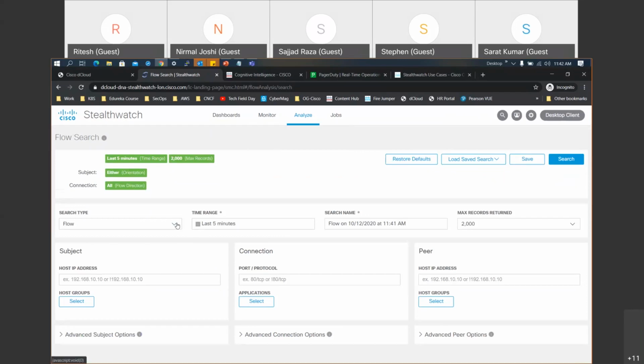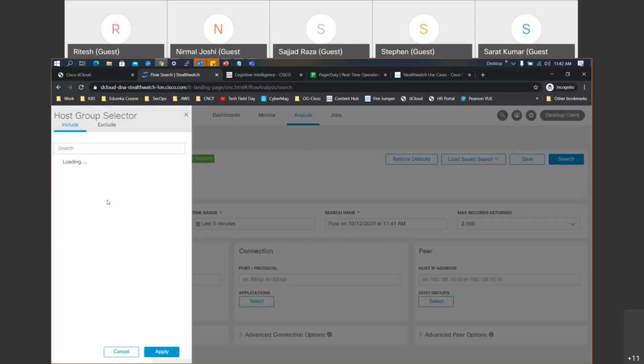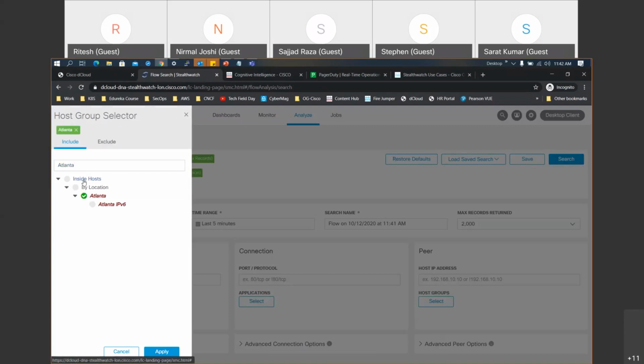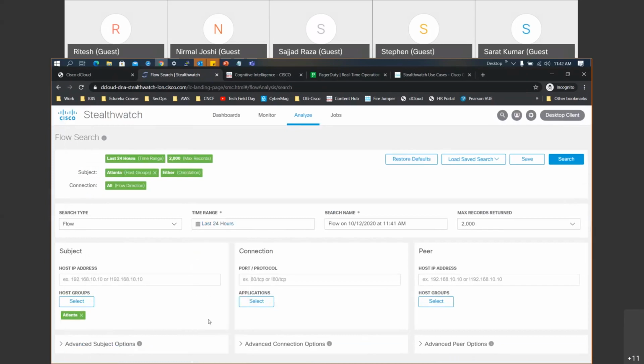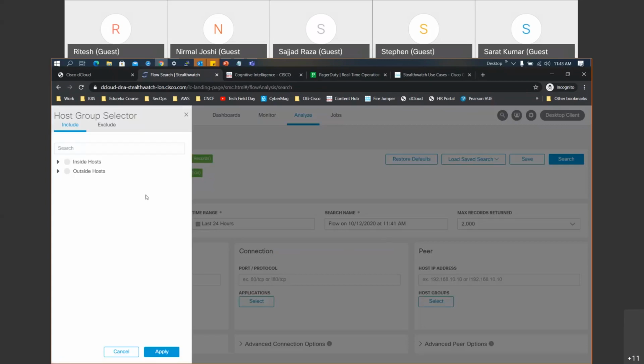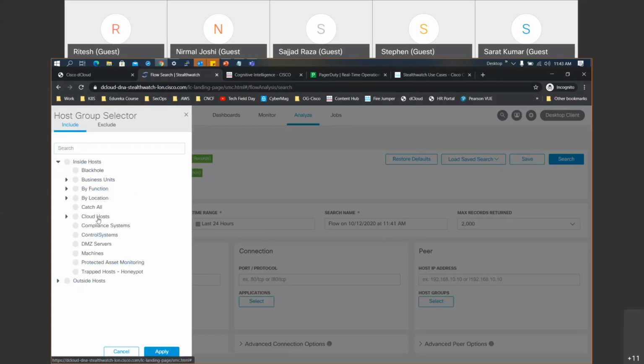The first thing is we want to see, using flow data, whether we can communicate from Atlanta to the DMZ or not. So we will select a time range over a period of 24 hours, and then the peer address or the peer host group, which could be internal or outside hosts as well.